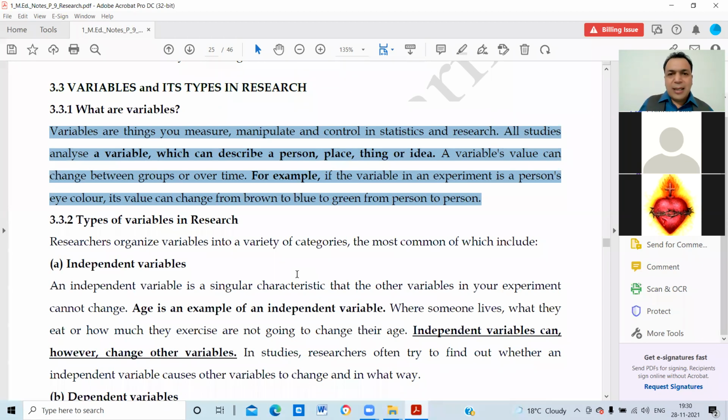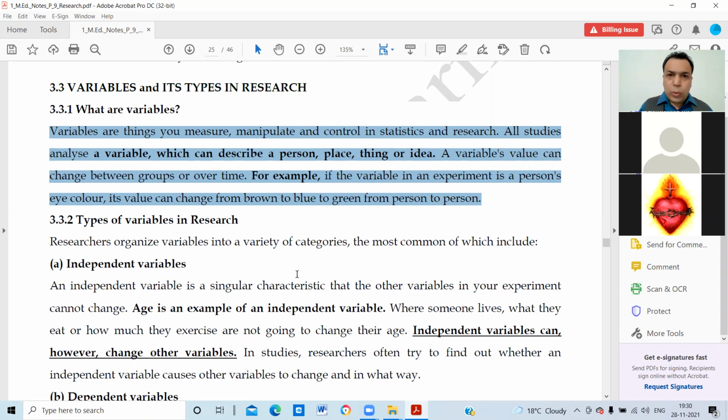Whatever research we do, technically we say that we have topics, and under this topic we have these variables. Suppose, as I gave you the example in my last lecture, you want to check the attitude of the convent school teacher towards ICT. Under this statement there are two variables. One is the attitude of the teacher, and the second is the convent school teacher. One variable is attitude, one is convent school teacher. Here there are two variables.